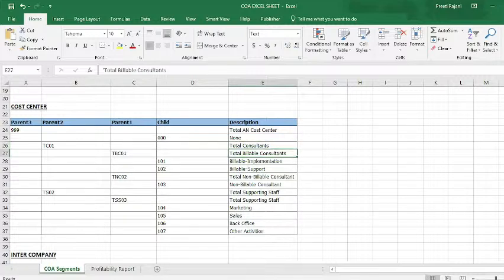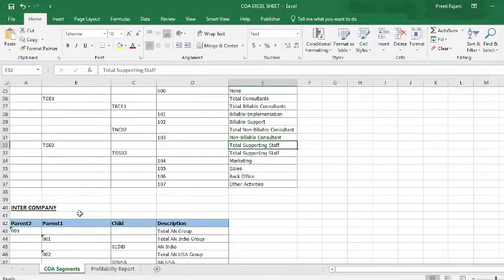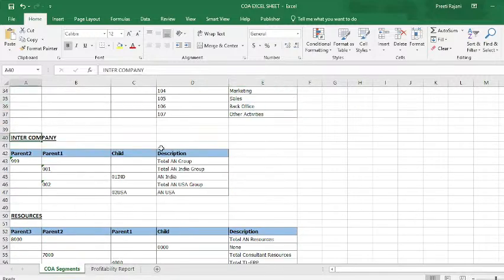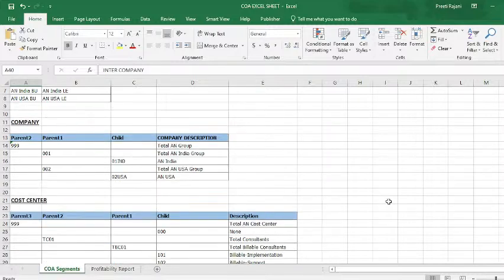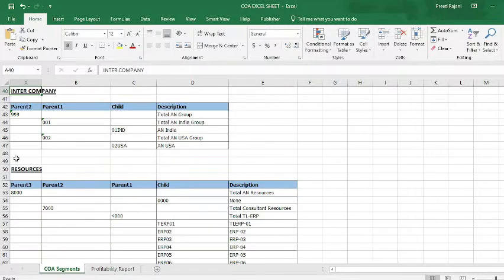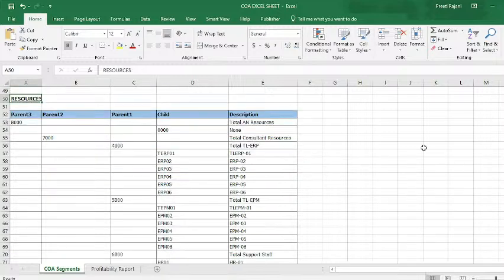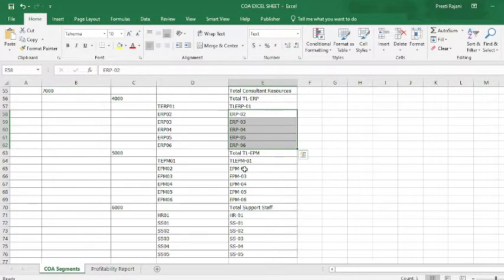So there are three categories. One is billable consultants, second is non-billable consultants, and the third is supporting staff, which is permanently non-billable staff in the organization. Then in the intercompany we are taking the same companies as companies. Then the resources. Resources means the employees of the company. So they are bifurcated on the basis of the products. You can see the ERP resources, EPM resources,